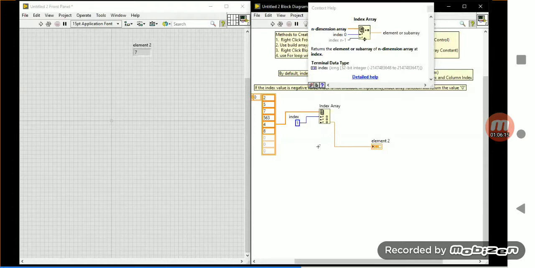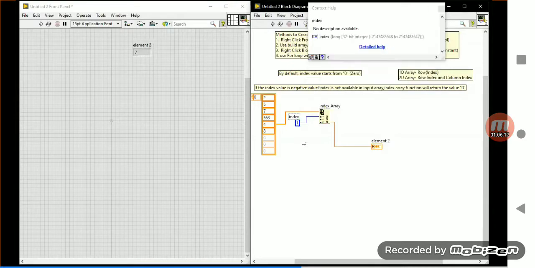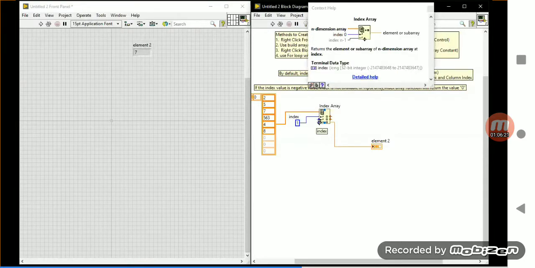See and then the answer. How will 7 come? See here, index value 1 is connected, so it will increase, okay? If this is 1, this index will be 2, this index will be 3 you will get, okay? Now it will return the value present in index 3, okay? So like this also they will confuse you. Now index value 3 will return, answer is 563, okay? Like this also they will confuse you over there, okay? Understand?